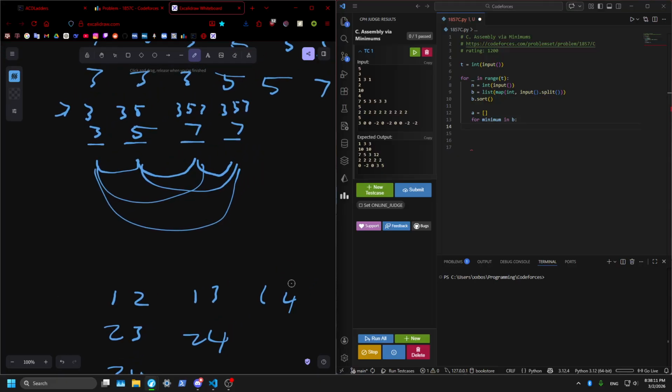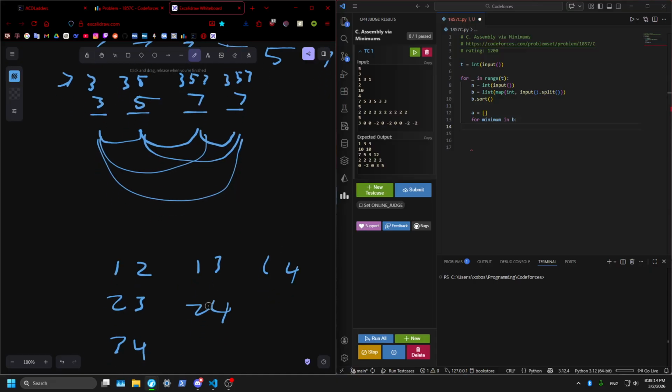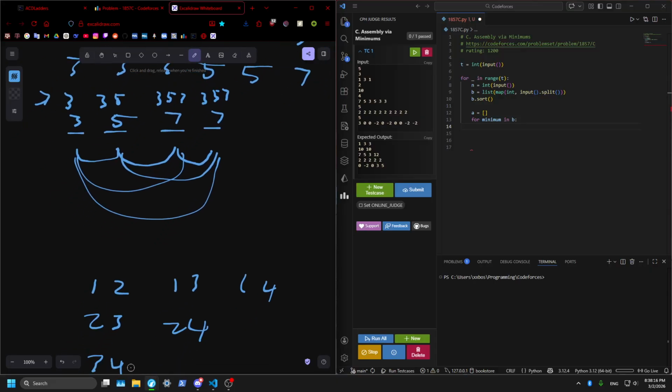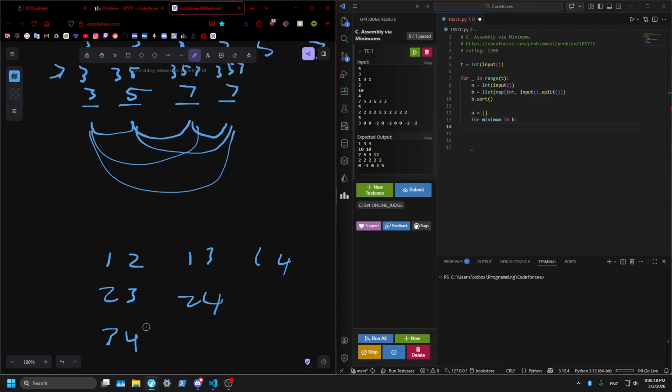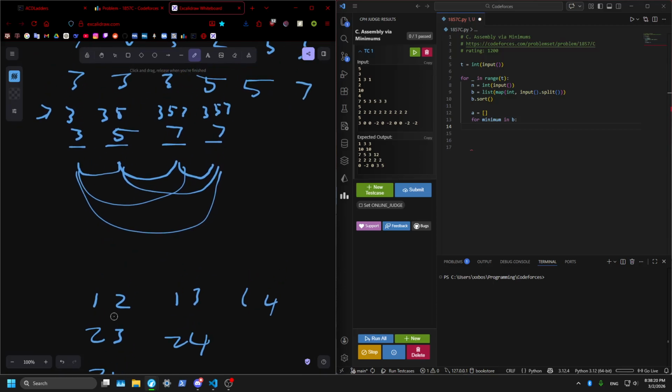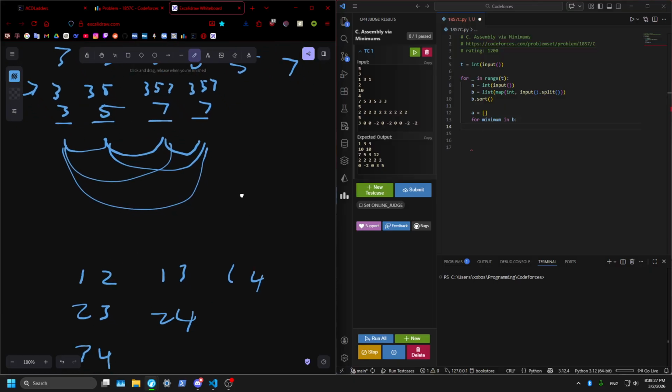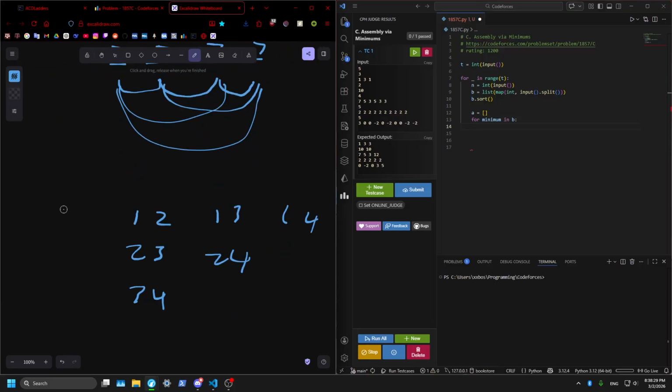First number, second number, third number, fourth number, fifth number, sixth number. N minus 1. N minus 2. N minus 3, all the way to n minus n. So this